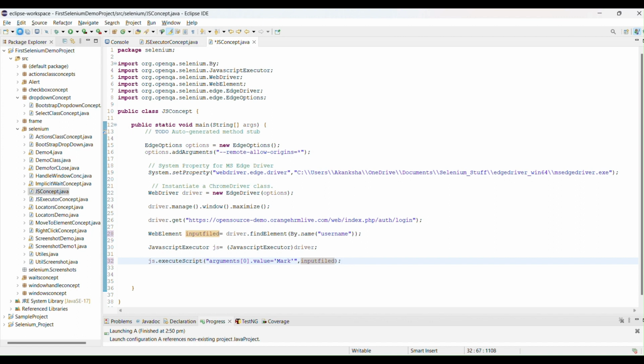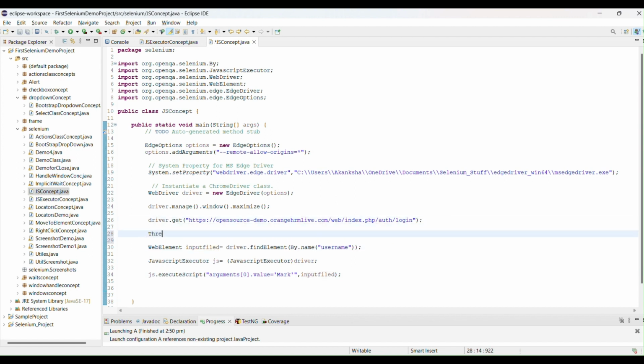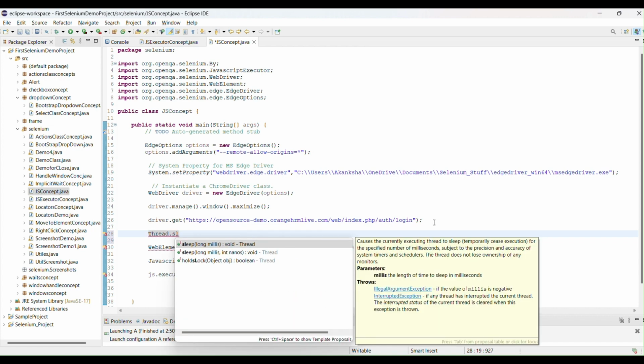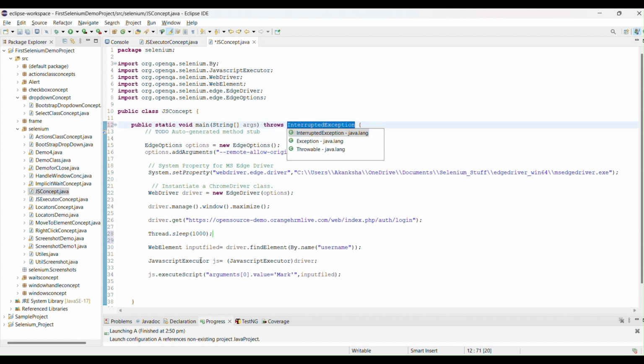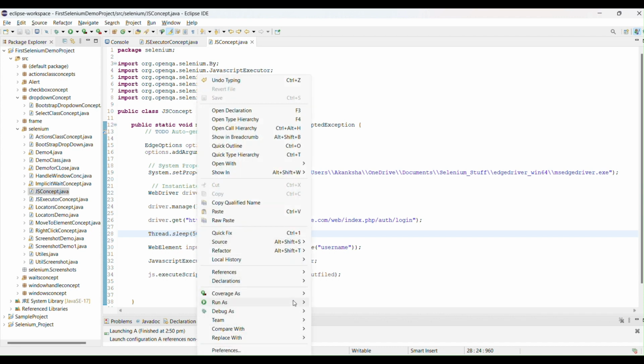After this I want to give some wait. Thread dot sleep, so once my website opens, wait for, no, I will give a 5 second wait. Then just run the program again and let's see.